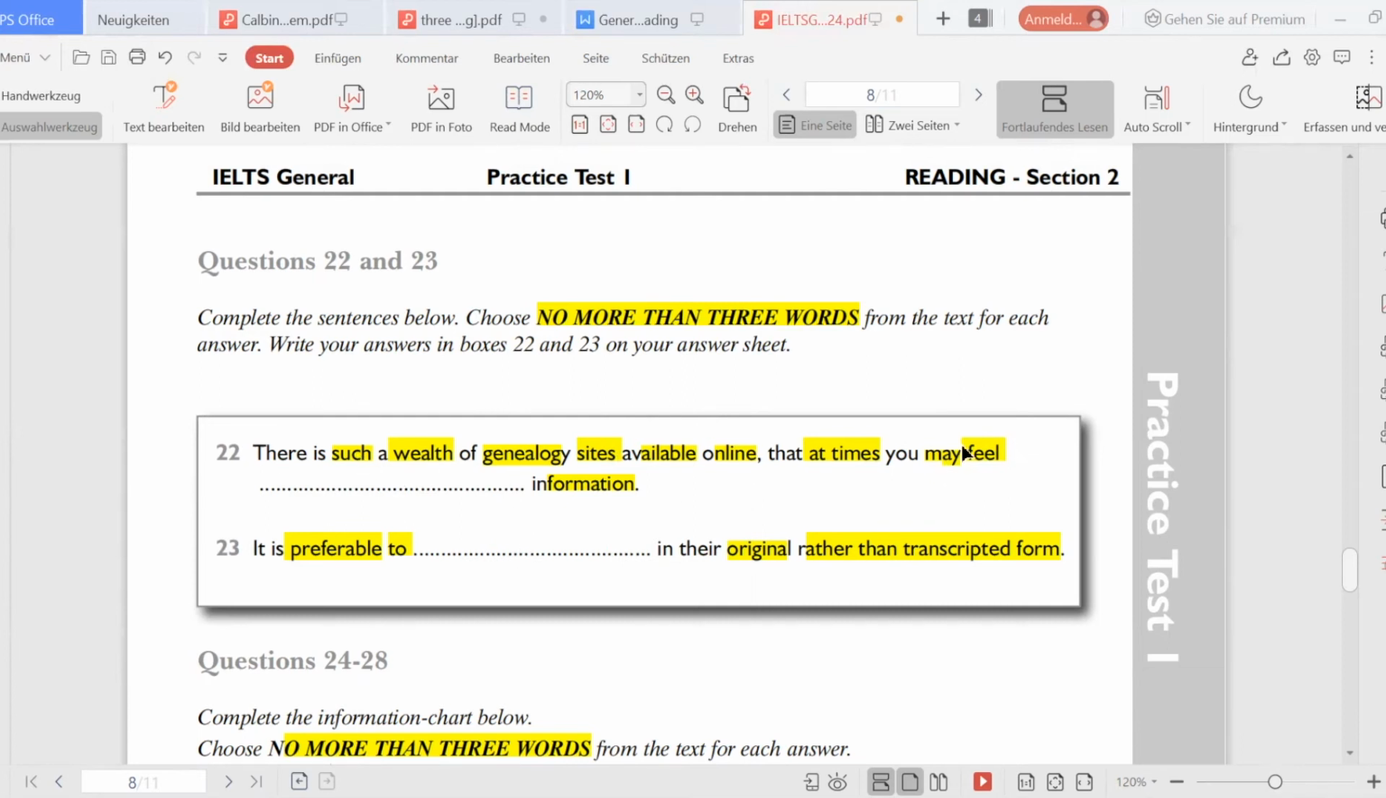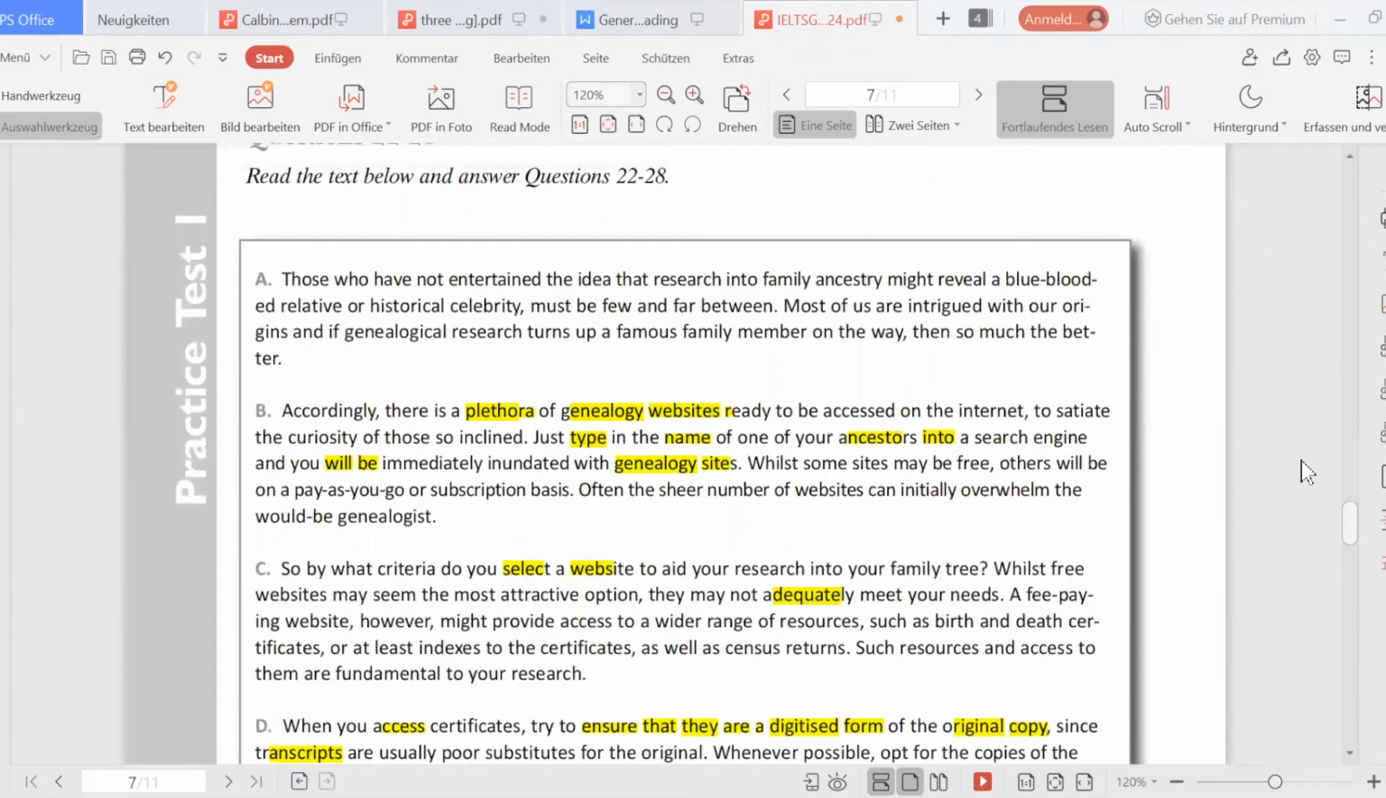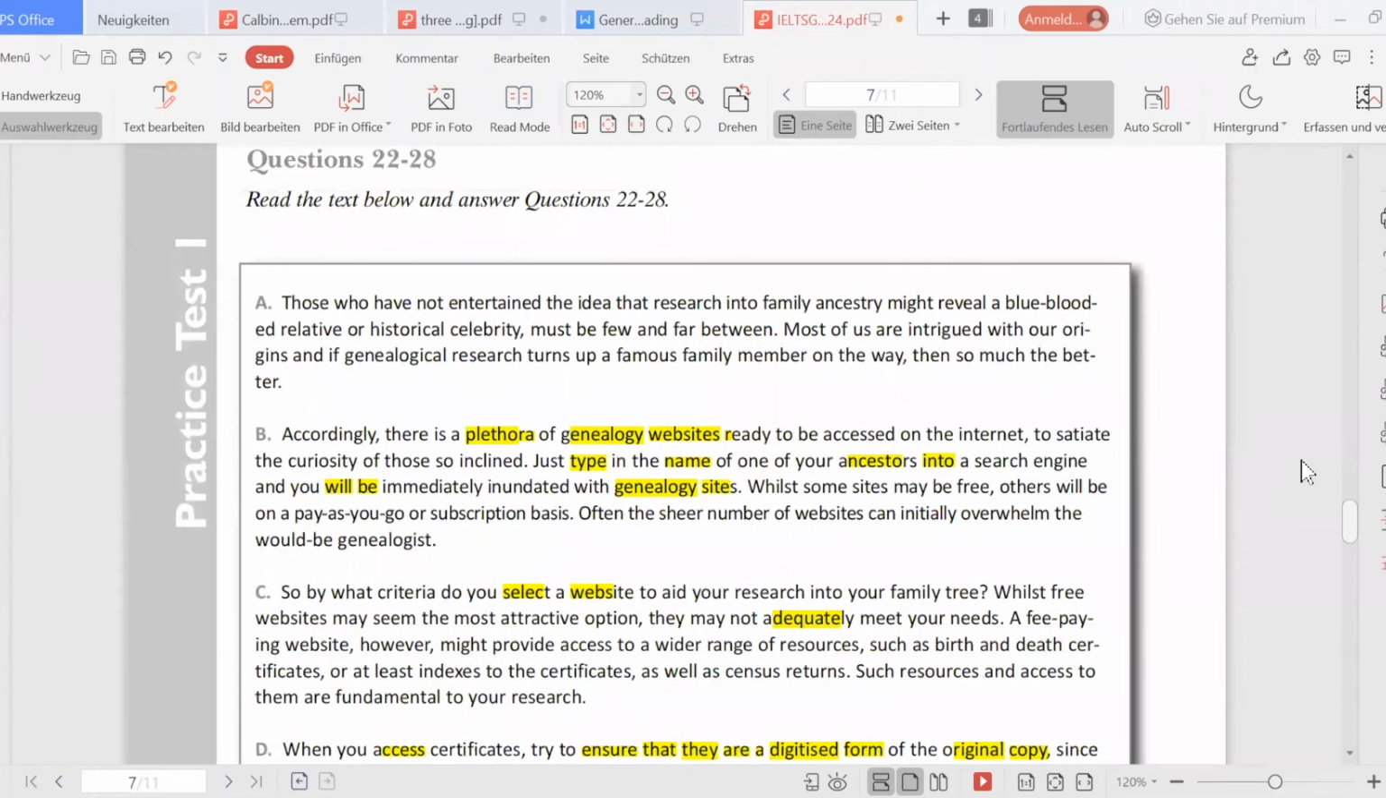Once you've done that, again, it's all about keywords, the art of using keywords. Highlight all keywords that you see. For me, words like such, world, genealogy, site, available, online, at times. Modal verb may, it's really important. And then information is also very important. Okay, so I go to the text and then I try to figure out some of these words, and it did not take a lot of time before I figured out in B, genealogy websites, okay,